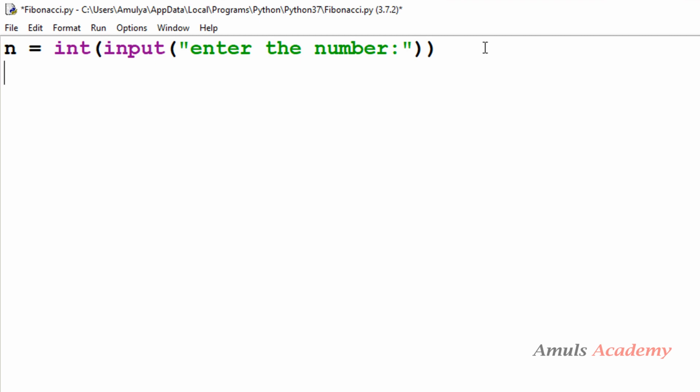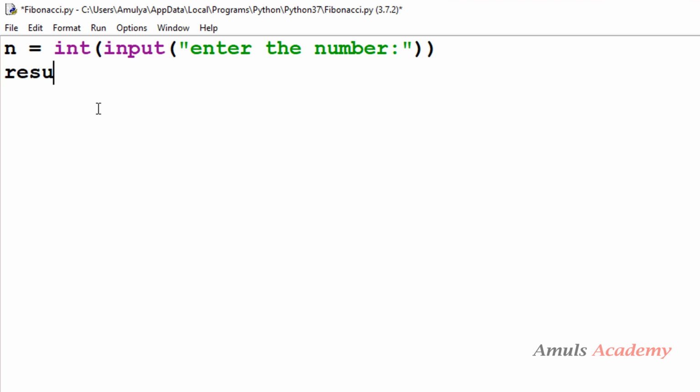In today's video, two formulas are very important: 5 multiply n square plus 4 or 5 multiply n square minus 4. Okay. So now we know the value of n, right? We'll ask the user to enter the value of n, so we can solve that formula and get a result, right? So I'll store that result in a variable.